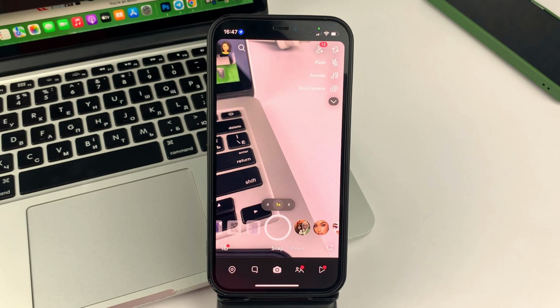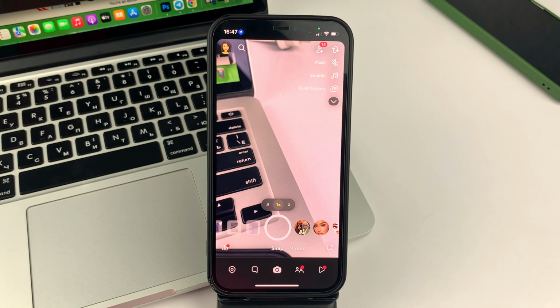To do that, friends, you will need to choose this sign on the right side from this edit menu that you have. Click on it, and here you'll see the poll option. Click on that. Next, in the next step, you'll need to ask some sort of question to your friends and subscribers on Snapchat. It can be absolutely any question that you are interested in, it doesn't matter at all.